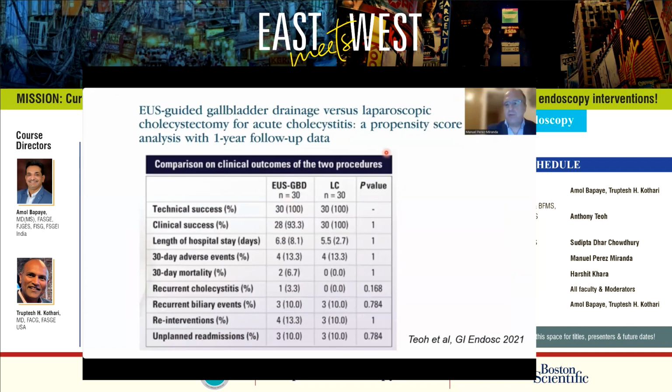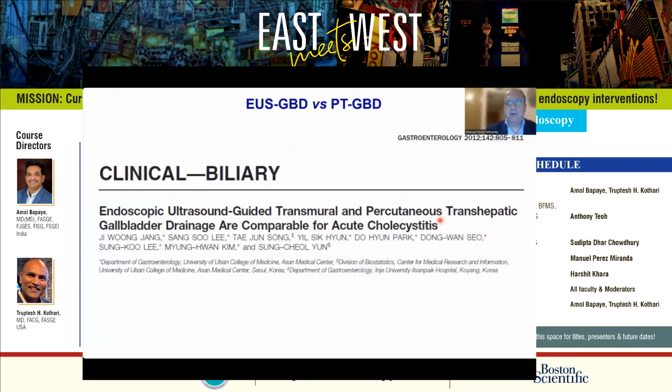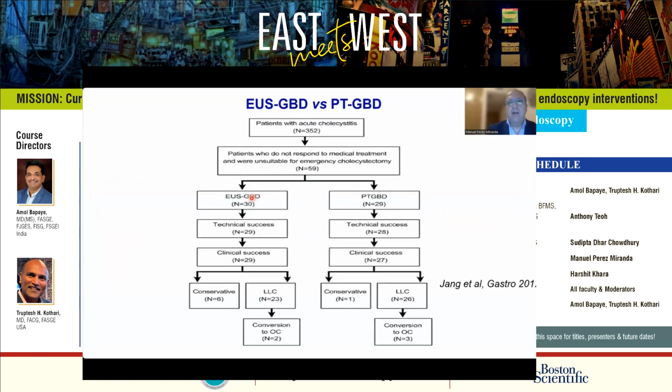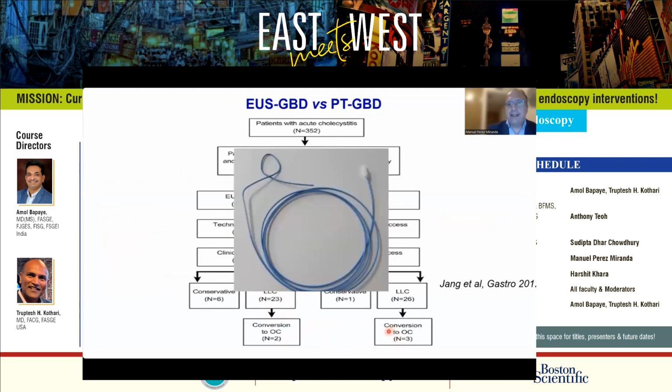So how about the use of sequential cholecystectomy after initial EUS-guided gallbladder drainage? There is a randomized trial in 2012 from Hassan, in which patients had the same outcomes, short-term, and most underwent lap chole, and there was no difference in the conversion rate. However, in this study, a nasobiliary tube was used for EUS-guided gallbladder drainage, which is not exactly the same as LAMS. There is some preliminary evidence that suggests these outcomes can be replicated with LAMS.